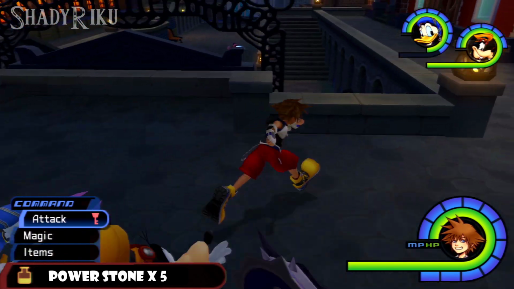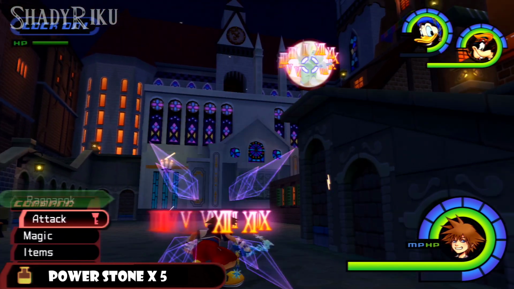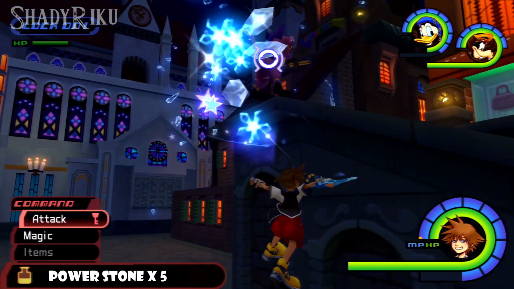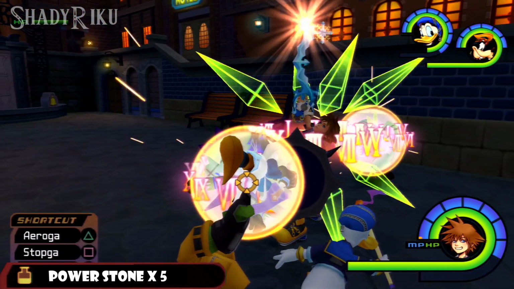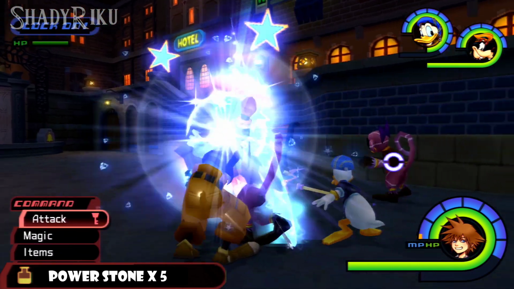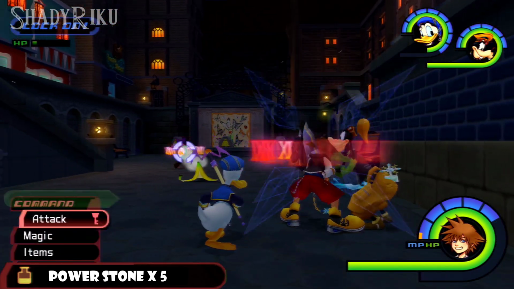So starting in Traverse Town, when you enter the 2nd district you may come across a special Heartless called Sniper Wild. Now these Heartless are one of the most annoying in the game, so it's good to get them out of the way as early as possible. They appear in waves starting with 1, then 2 and finally 3 Sniper Wilds will appear,